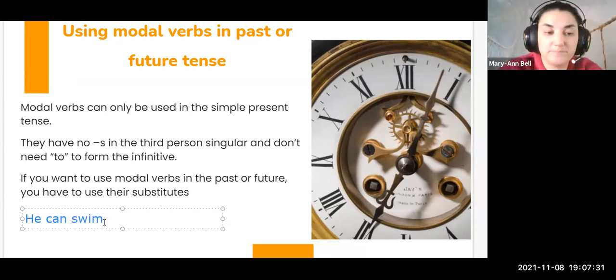He can swim. Okay. Now, if we wanted to talk about the past, we could use could, but we could also use one of these substitutes. And if we wanted to talk about the future, we can't say he will can swim. We need to use a substitute. So does anybody know what the substitute might be of can? Maybe